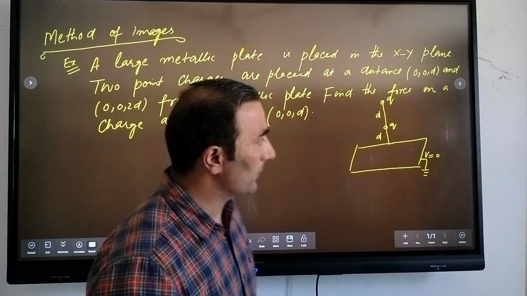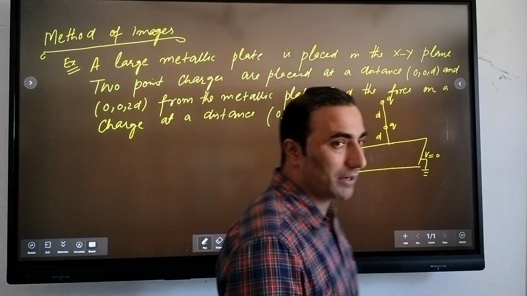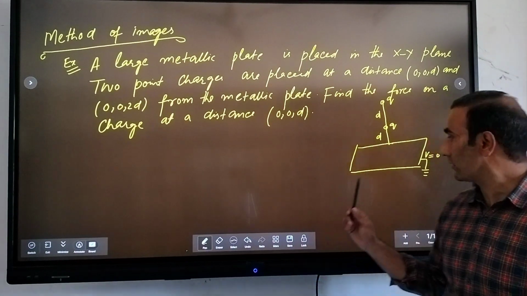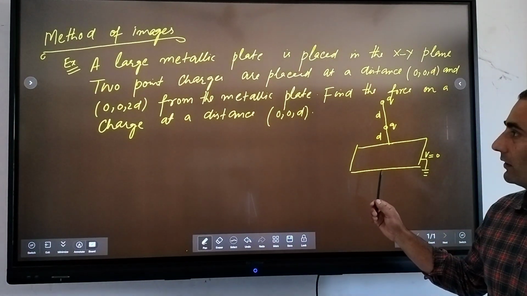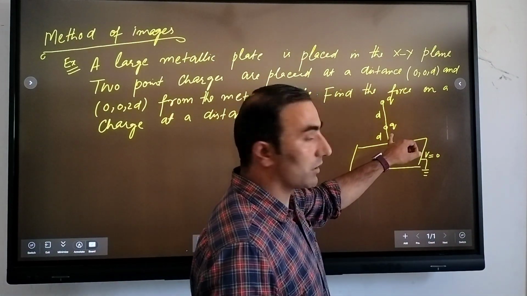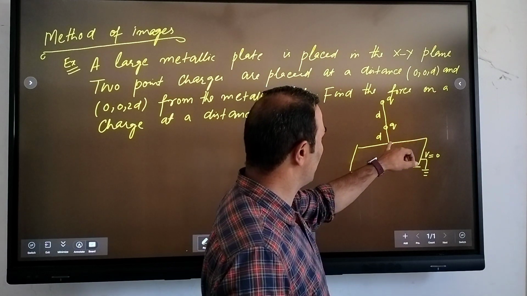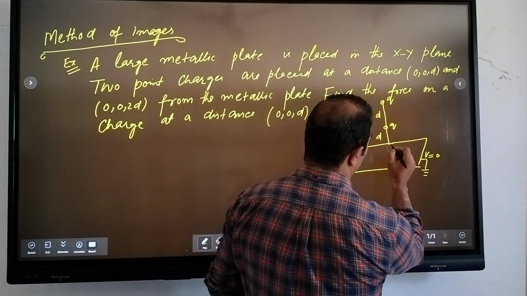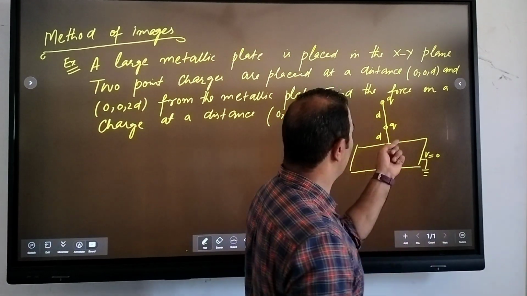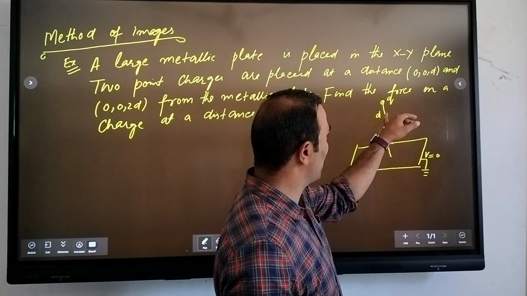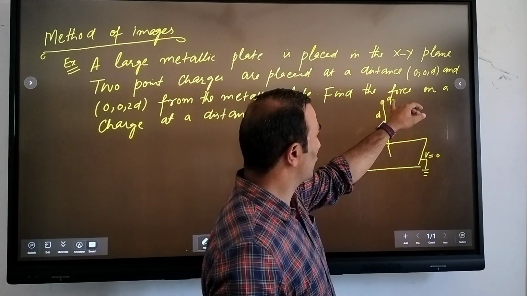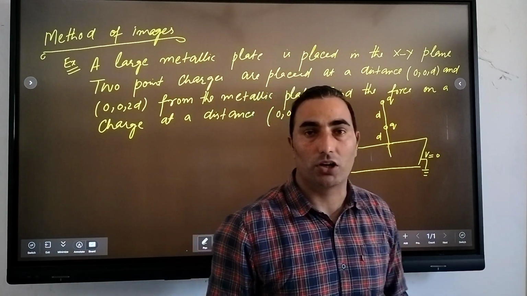So our problem is that a large metallic plate is placed in the xy plane, and 2 point charges. तो हमारे पास 2 point charges हैं, that is Q and Q, which are placed at a distance of d, means this is placed at a distance of d from the metallic plate, and this is also placed at a distance of 2d because यहाँ से d होगा तो plus d. So this charge is placed at a distance of 2d from that